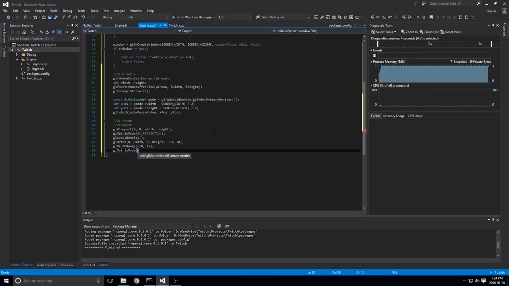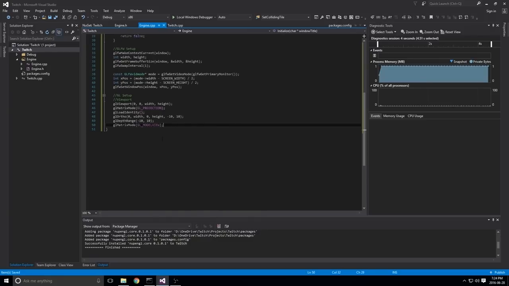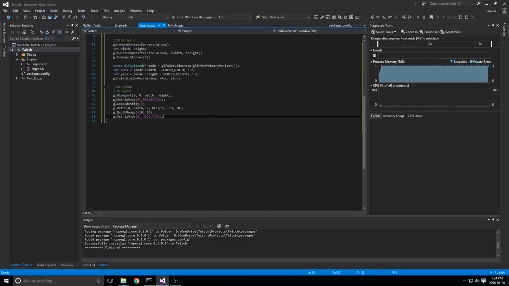And then we'll do a GL model view. And this is how we're going to load our 2D assets and everything. Now, OpenGL is a state machine, really. So as you call functions, it changes the state of OpenGL at that point in time. So any functions we call after that are all based on the current state.